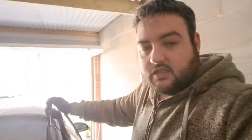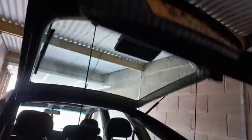Now that's done, part of me just wants to say we'll give it a start so we can test the rear wiper working, which I have no doubt it should work really. If we have a look in here now, you'll see everything's now back together how it should be, which is good. But I don't know if that wiper is working or not yet. So we need to see if we can find that out. I'll try put the keys in it first rather than starting it. I would prefer almost to start it, but